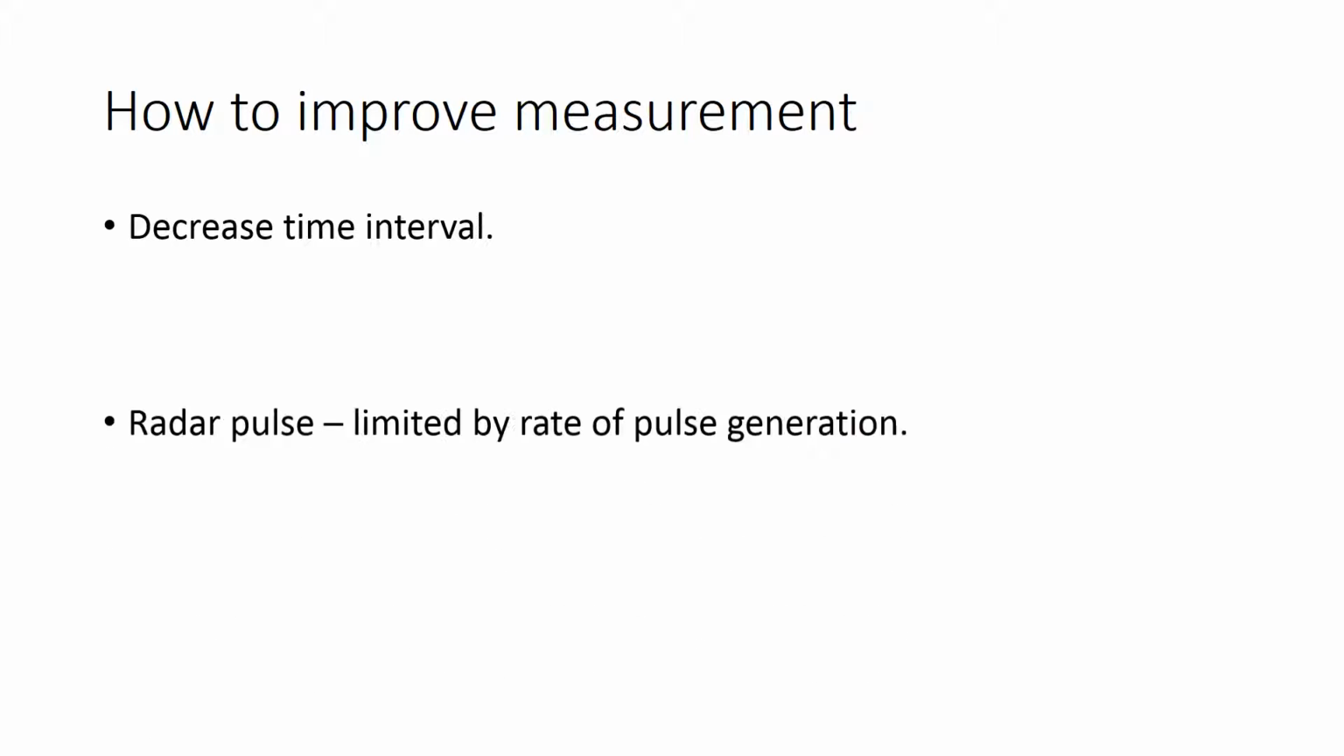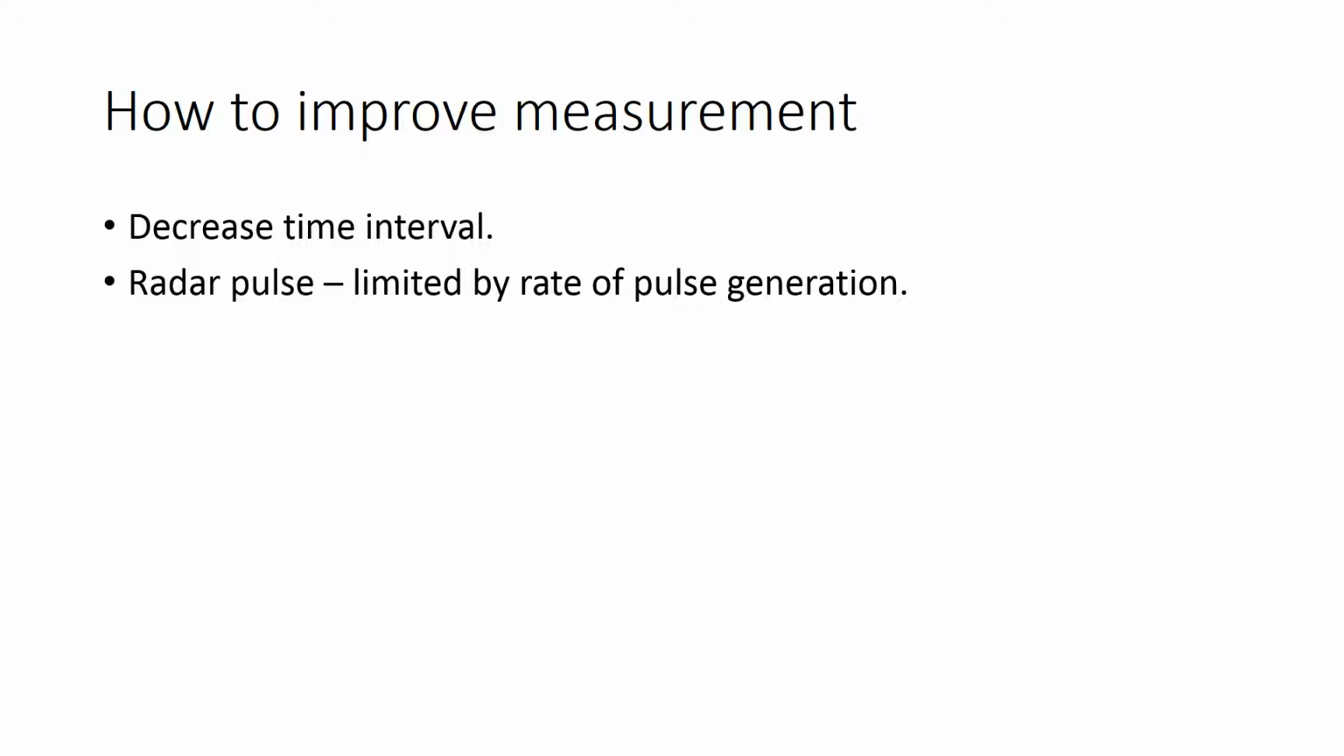So let's think about how we could improve our measurement. We could decrease our time interval. We could get a better watch. We could use a radar pulse, which would be limited by the rate that we can generate pulses. So we could have a much finer measurement that way. We could use the Doppler effect, which is a change in wavelength as a result of bouncing off a moving object and having the object change the wavelength,